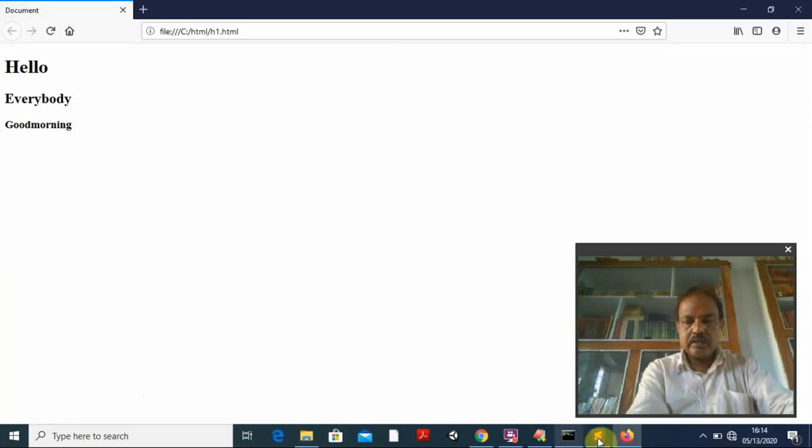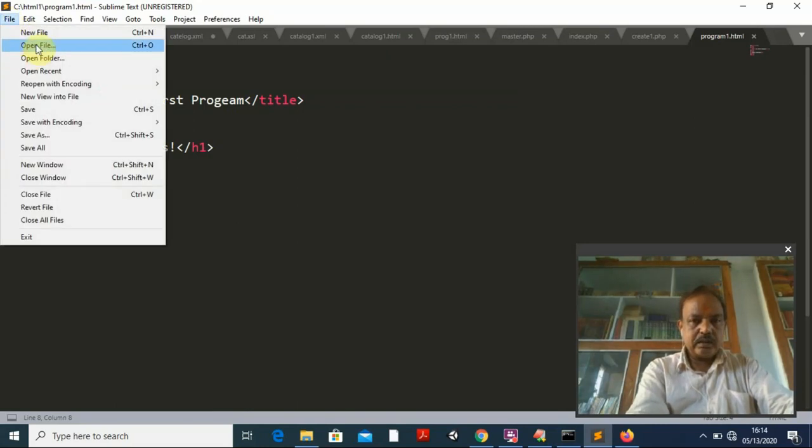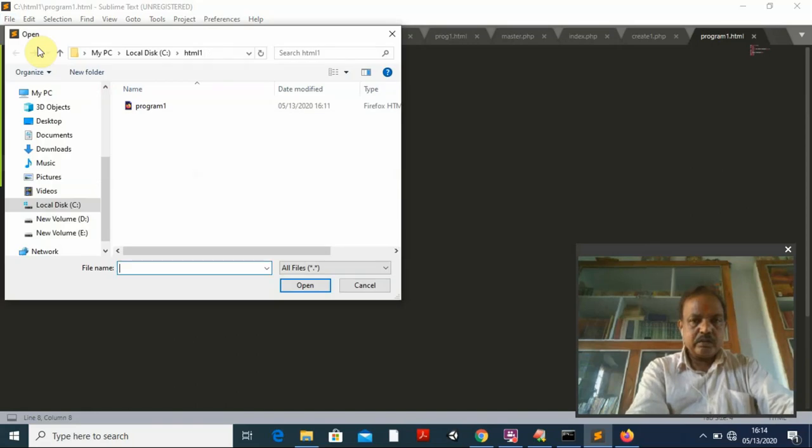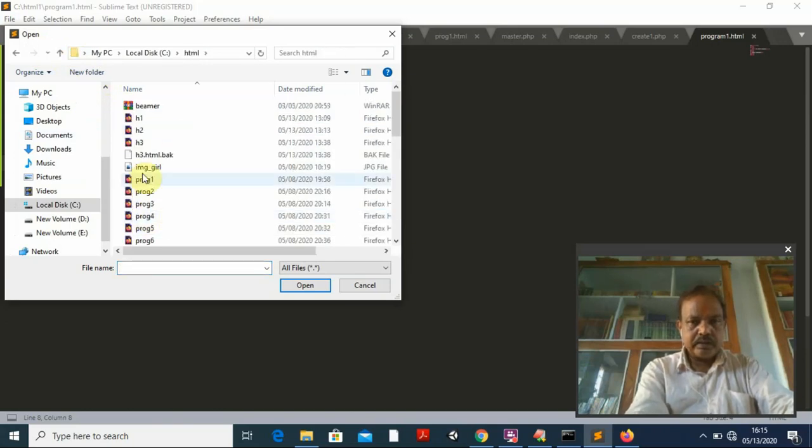Come here because I have written in Sublime. In Sublime I go to File, Open File. Because I wrote this in the HTML1 folder, you use the HTML folder. Go to the HTML folder, and you will find everything.